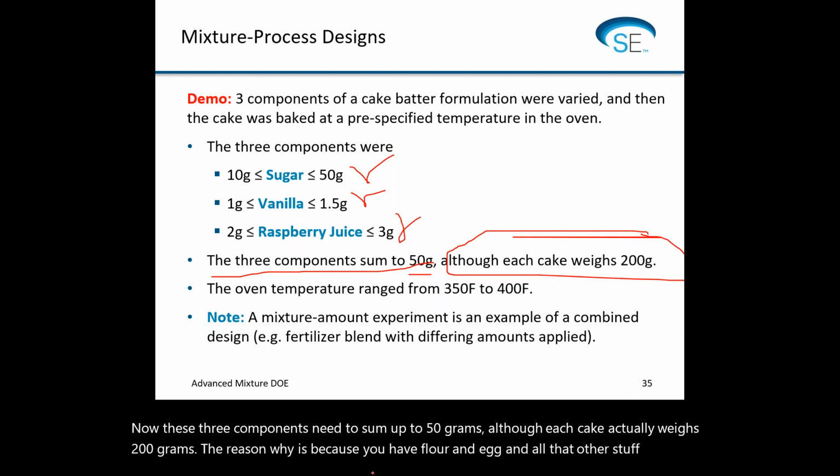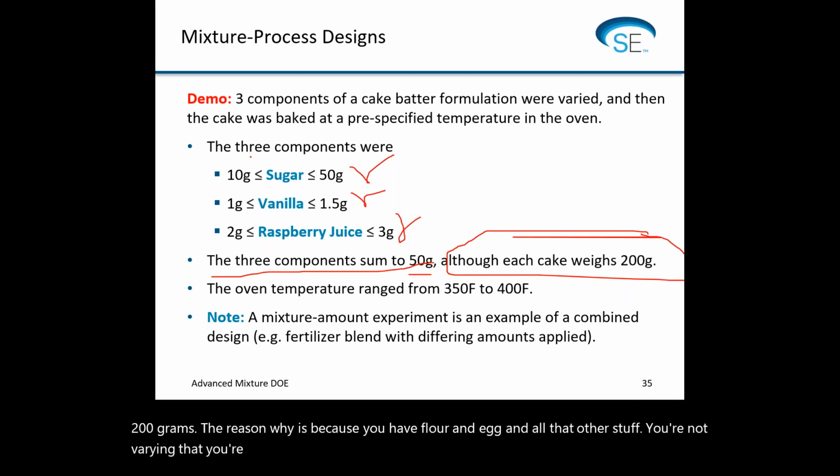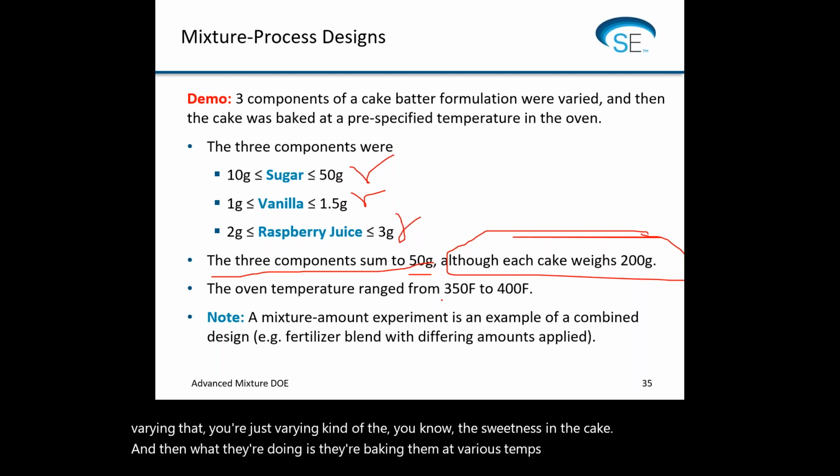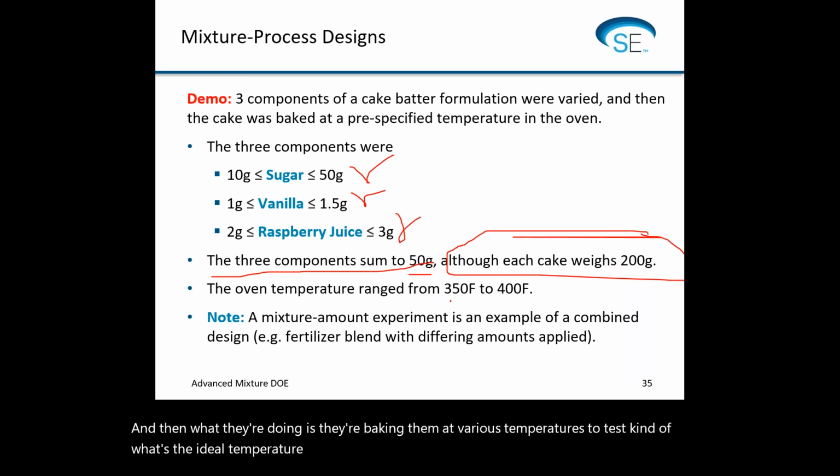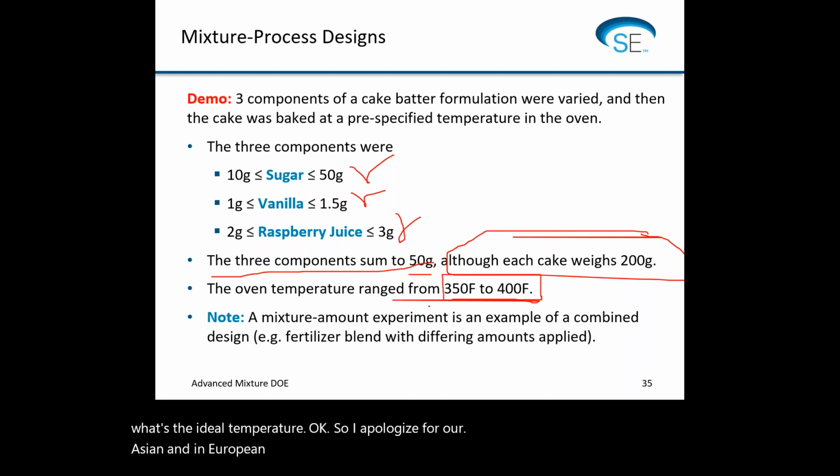You're not varying that. You're just varying the sweetness in the cake. And then they're baking them at various temperatures to test what's the ideal temperature. I apologize for our Asian and European friends, but they're going from 350 degrees Fahrenheit